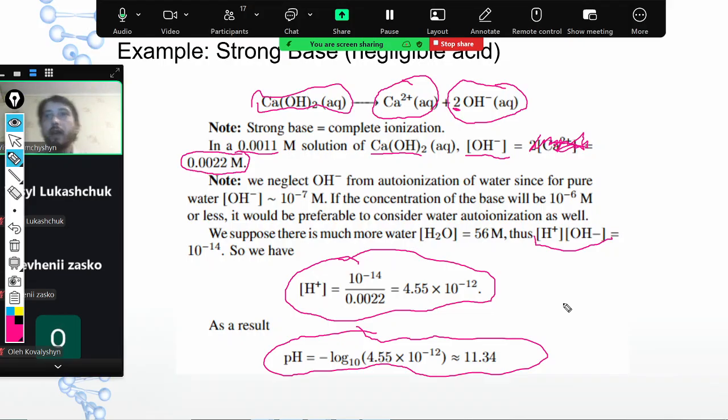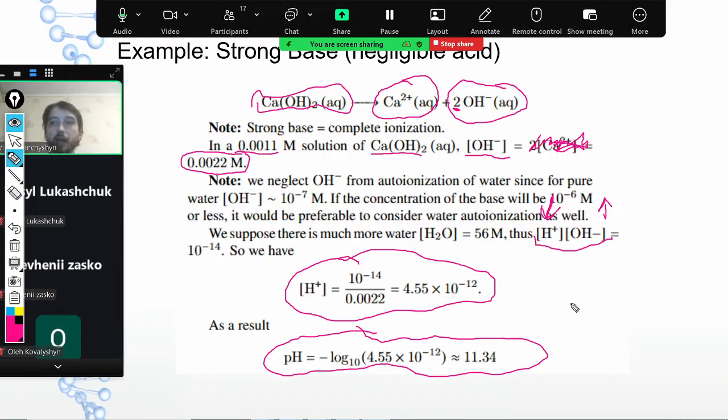We know that H plus times OH minus should be equal to 10 to the minus 14. And we know that since we added a lot of OH minus, it goes up. The concentration of H plus should go down. And basically we see that when we do the math and we calculate the pH. So pH is now